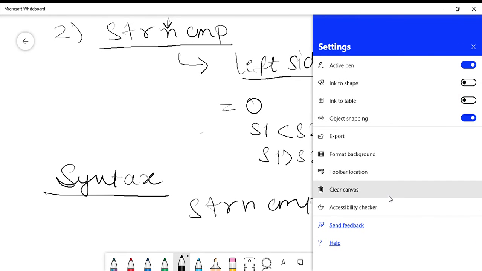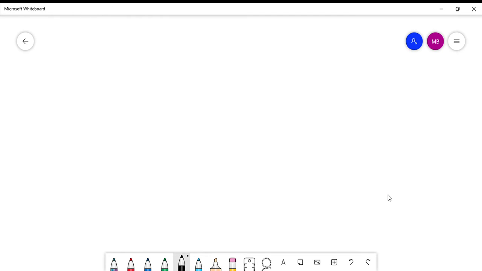Next, the next function is strncat. Now just like the function strcat, strncat is also used to concatenate one string onto another, but here you will not concatenate the entire string, but only a specific number of characters which n will specify. So how do you do that?